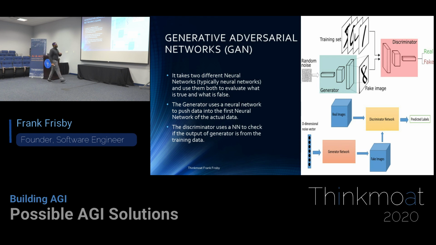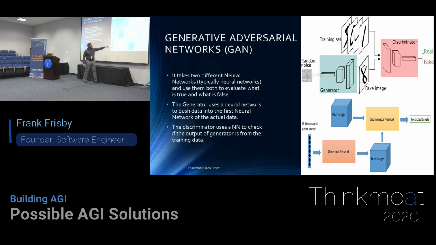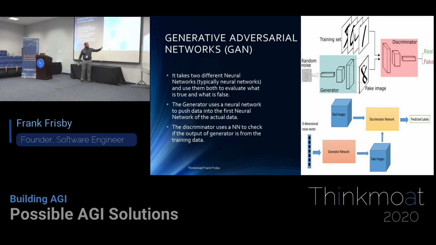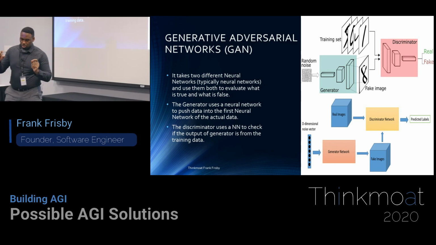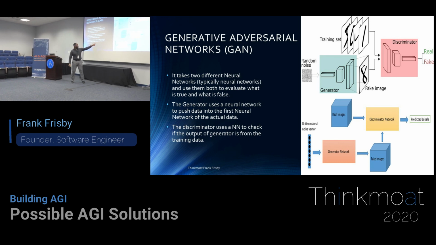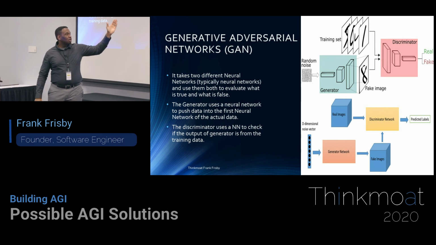So what happens is you'll have a real image come in, right? And you'll have a discriminator network that will try to determine if this is a real picture or not. It takes a generator network as well that will create a fake image and send it through into the discriminator. And what happens is a fake image and a real image, using supervised learning, will determine which one is real, which one's fake. It will determine, oh, this is fake, using convolutional neural networks again, and say, this is a fake picture, this is a real picture, fake picture, real picture.